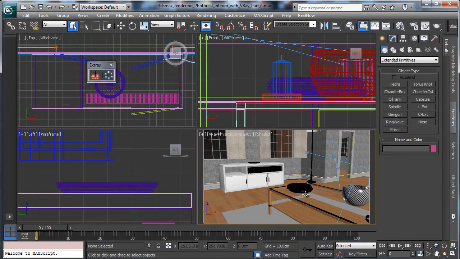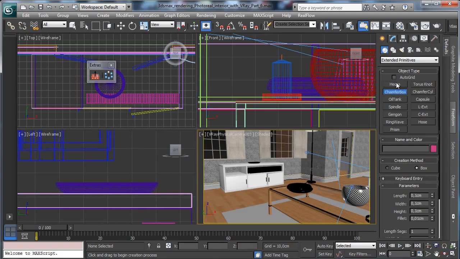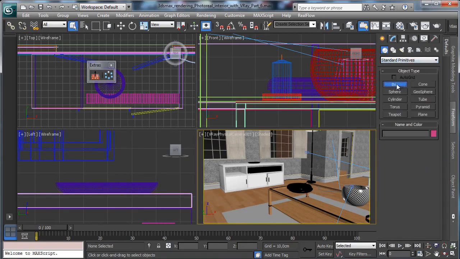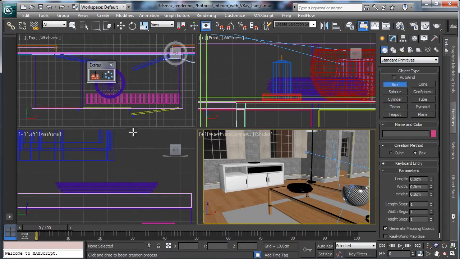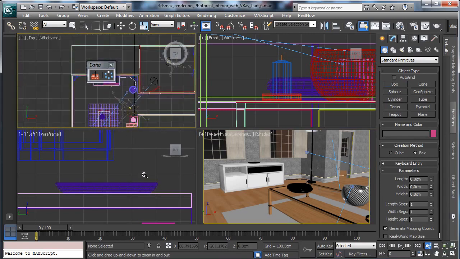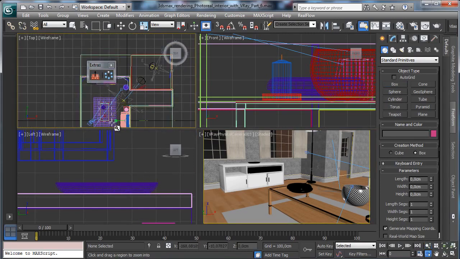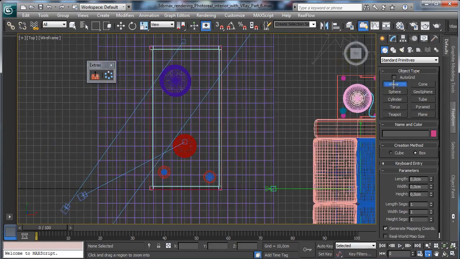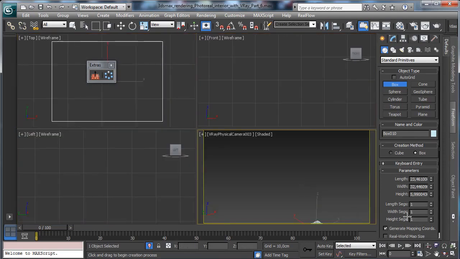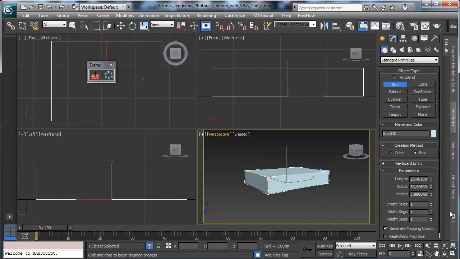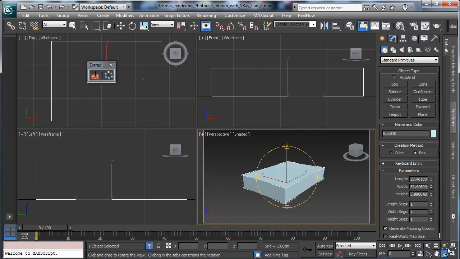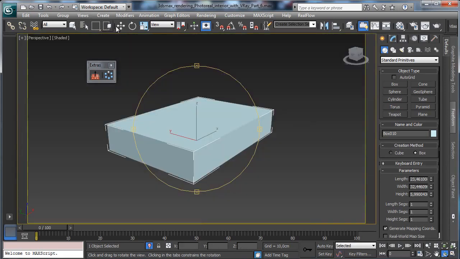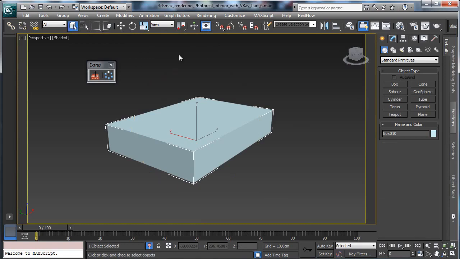Then we can add a book or this table. So let's use a standard boxes. Let's zoom back and zoom there. And we use something like that. Okay, let's isolate in all viewport, and there we can use the perspective. Perfect. Now we can model from there. So we can start